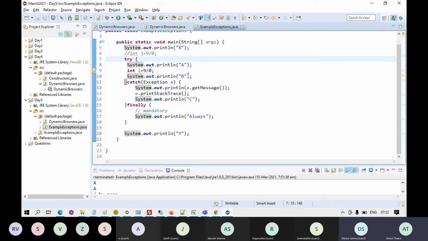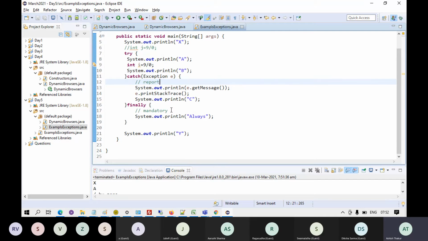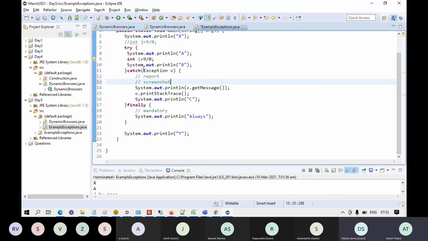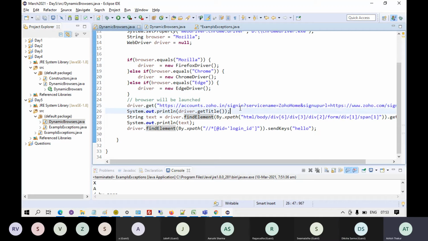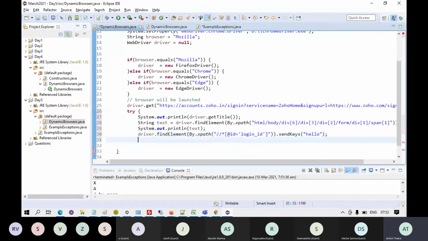Generally, what happens is that in exception handling in the catch block, you can go and report the exception. This is the general thing in Selenium that we are going to do. You can put it in the reports, you can take screenshots of the error or whatever you want. So that will have a different set of code for reporting. For example, we don't do it like this, but I'm just telling you, you can put these lines in a try catch block.